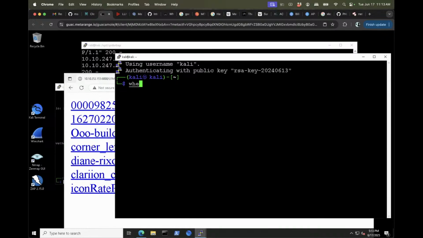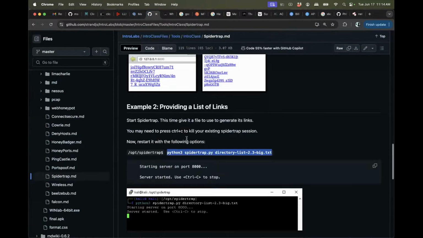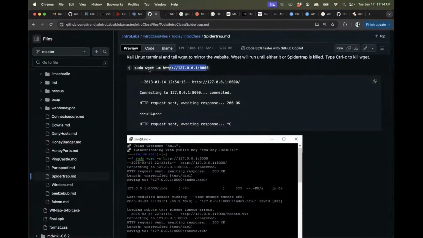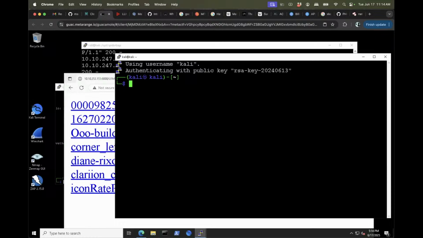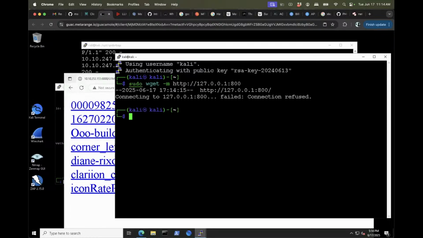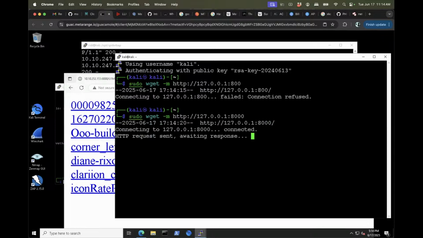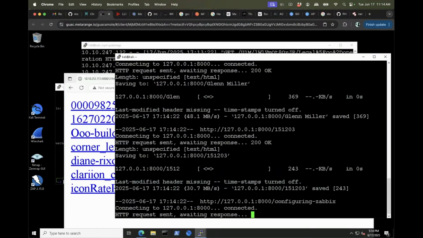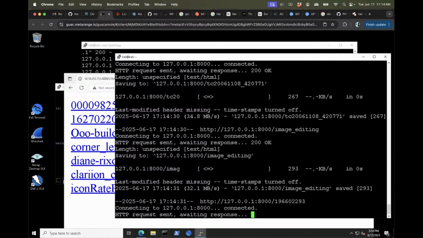And I do wget minus R, and I run it against, did I do it against 127.0.0.1? Oh, this works just fine. I'll just do this one. So if I run wget against this local system, make sure it matches what you guys have. It just runs. Okay, now this is an important inflection point and a little bit of understanding about how web application security assessments go. Most web application